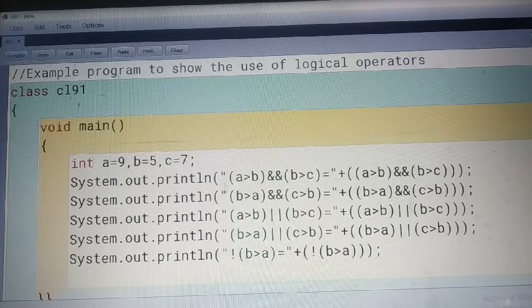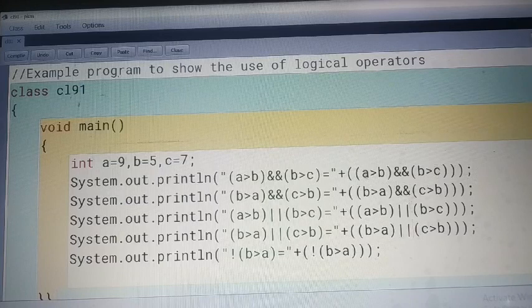And here I am going to use the AND operator. How the AND is working, how it affects our result, and how the result is produced, we will see here. Value of A is 9, value of C is 7. 9 is greater than 7. Yes, it is true. Next condition: the AND operator is used for attaching conditions.